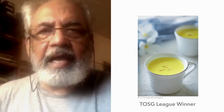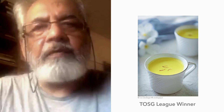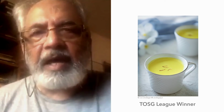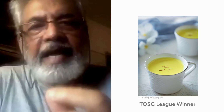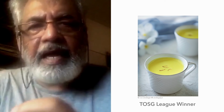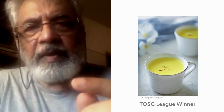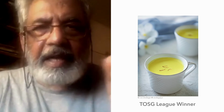And when you're judging a contest, my approach really is I first look for faults, because that's probably an easy and a lazy way to start eliminating photographs which might not make the cut. But what she's done here is a very delicate balance of colors and forms and textures, very sparingly, which is what I really like and I really respect. It's the use of the color yellow to create that triangle, with the yellow haldi ka doodh in the foreground, and then again to the right with that half cut cup in the background,